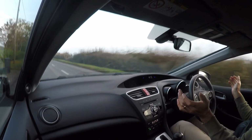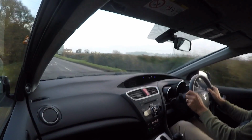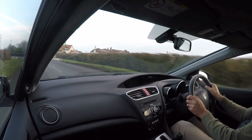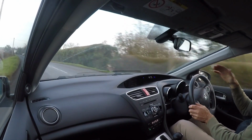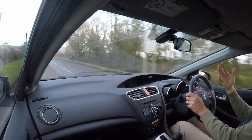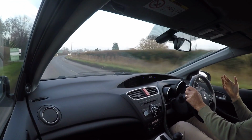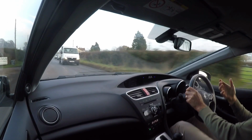It also tracks dead straight. There's no vibrations at this speed or any speed up to the legal limit, but lovely, because along with the chassis, which this corner is a classic example, off camber, slightly bumpy, you just turn in, minimal movement. The chassis remains quite flat, but it's keen to change direction. It's got a really good front end on these cars. They love going through corners, and they're completely unflustered. That's what I love about them. They just devour corners relentlessly,